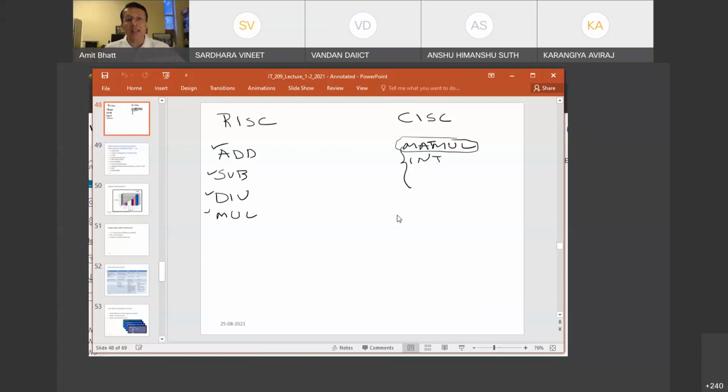Second thing which RISC produced at that time was that each instruction was only one cycle long, as opposed to CISC architecture, where each instruction could be of different length. So some instruction may take 15 cycles, some instruction may take 10 cycles. So RISC decided that every instruction should be of one cycle, and this was very helpful in servicing interrupts, because